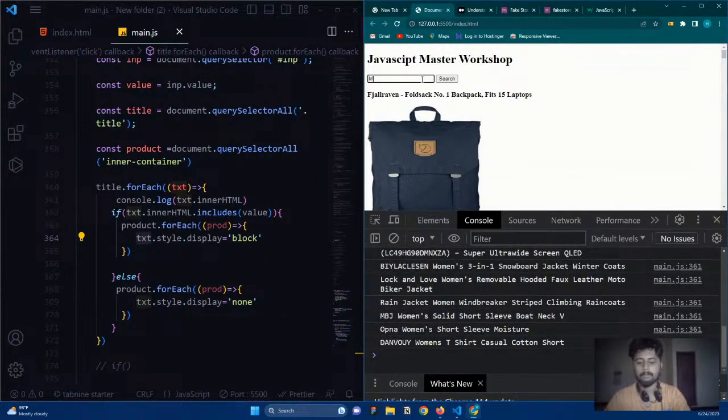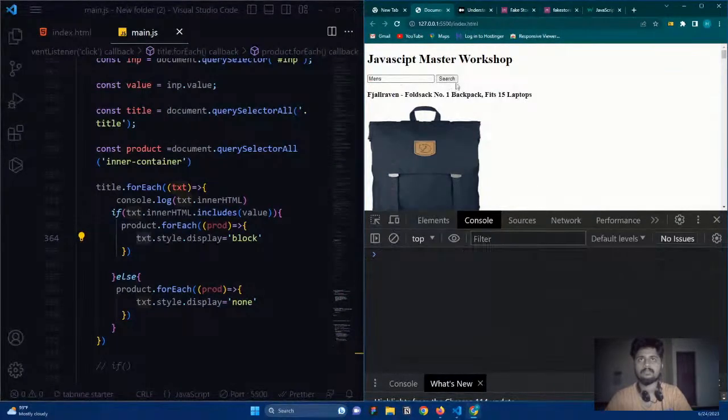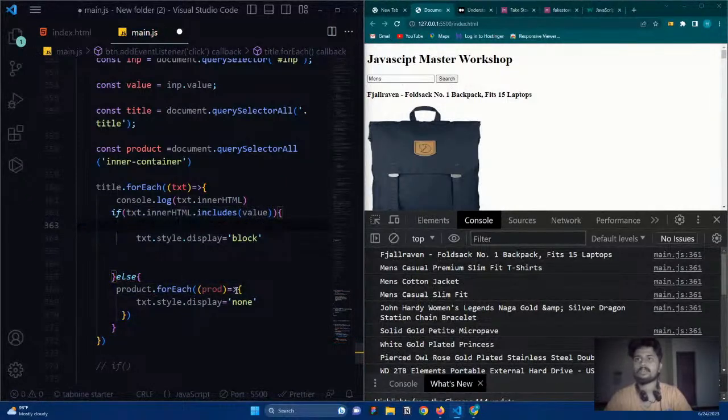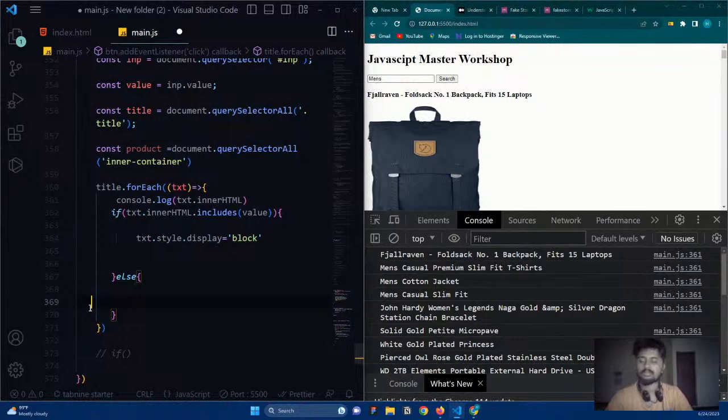So this is for mints. You can see, okay, again I'm putting it in here. Remove this, remove this, you don't want it. Product dot